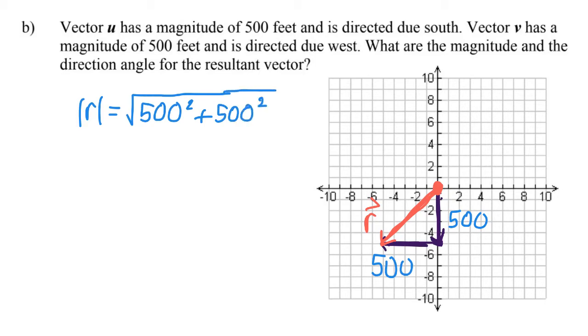And so after we simplify all of it, our resultant vector is going to be 500 square root of 2,